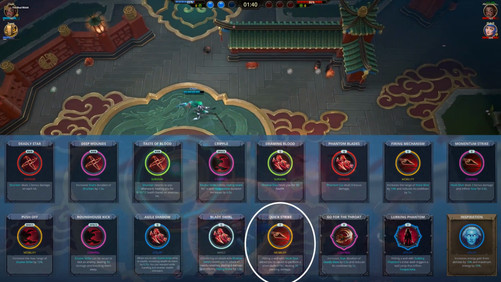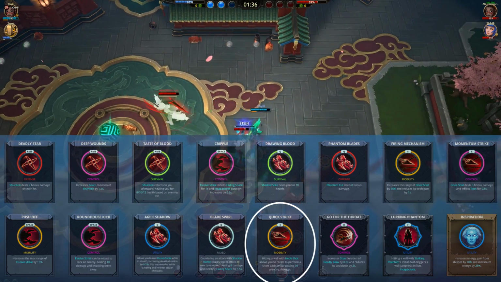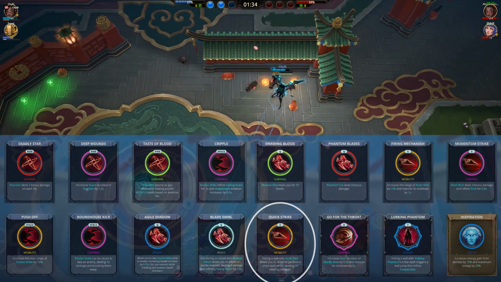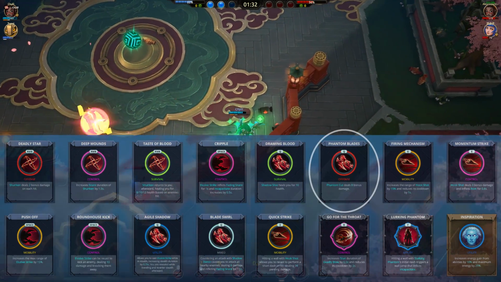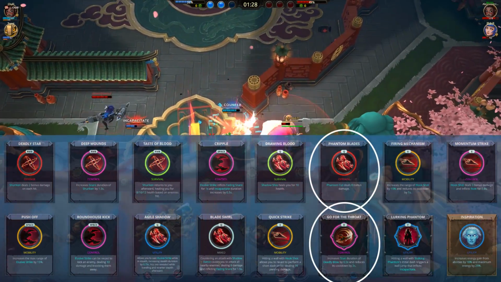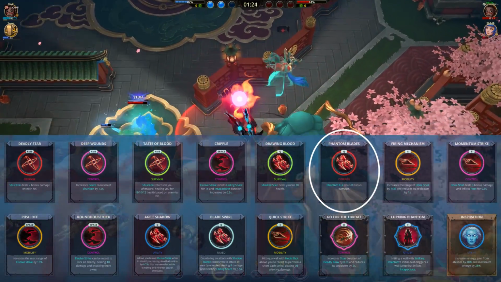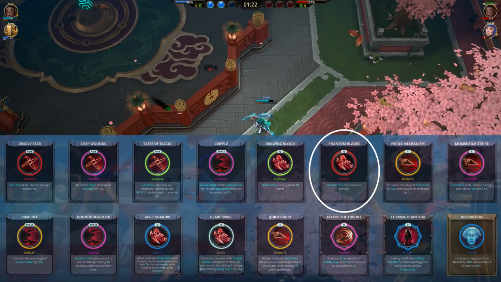The little dash that you do can sometimes be useful to deal area of effect damage, or for extra mobility as well, so it does have its uses. If you need more damage, Phantom Blades and Go for the Throat are some pretty good Battlerites to have. Phantom Blades makes your Phantom Cut deal 8 more damage, and so if you feel like you can make use of your counter and the Shadow Slice after that properly, then Phantom Blades is a pretty good option for